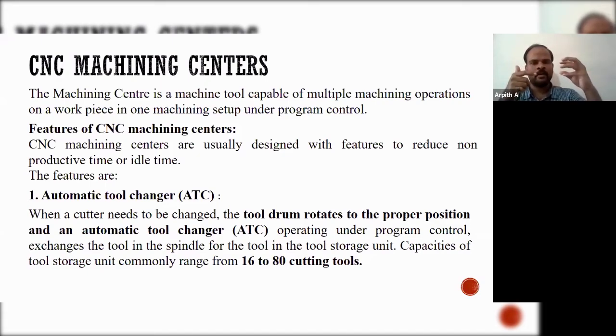But once you are done with the facing operation, you have to change the tool. While changing the tool, you have to come back from the machining center. Say, for example, facing is over and I want to go for a knurling operation, then I have to fix the knurling tool, then bring it to the machining center.